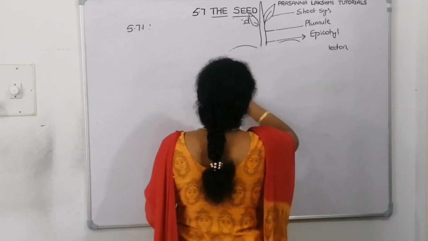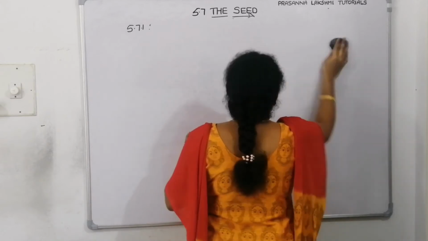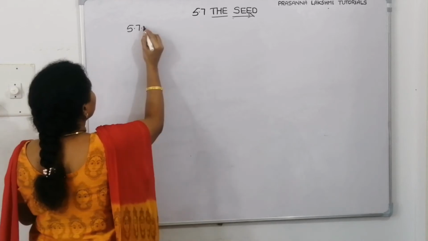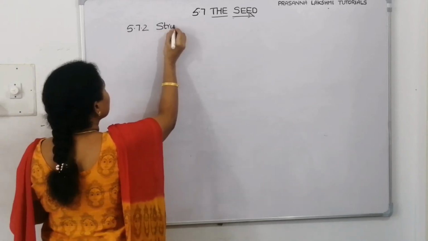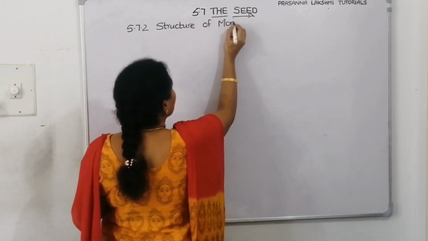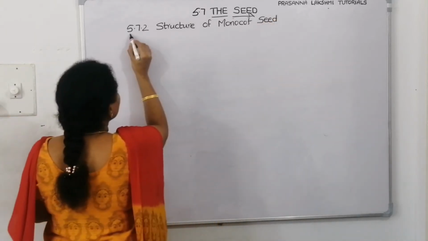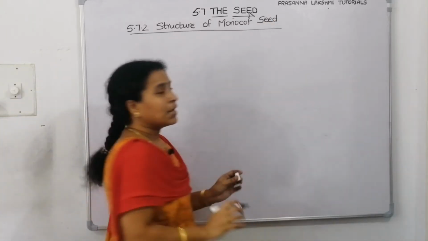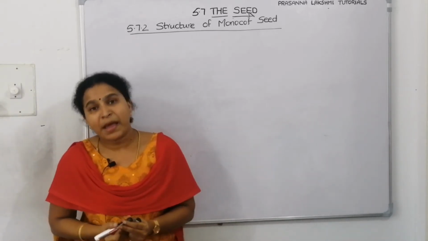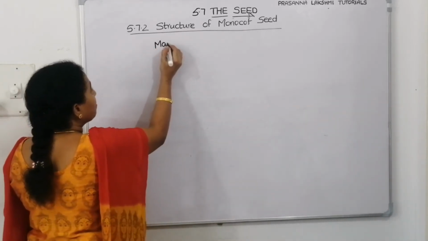For monocot seed, we can take the example of rice or wheat or maize. So our next topic is 7.5.2, the structure of monocot seed. Now when we have to see the structure of monocot seed, we can take the example of maize, or rice also. Now if we see the example of a maize seed,